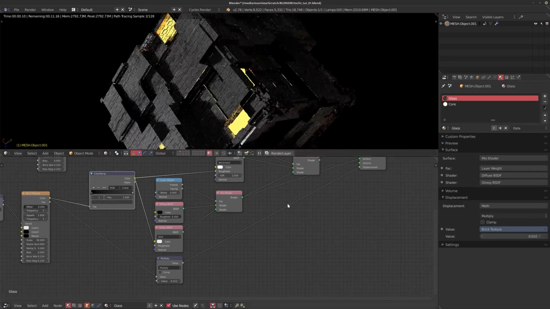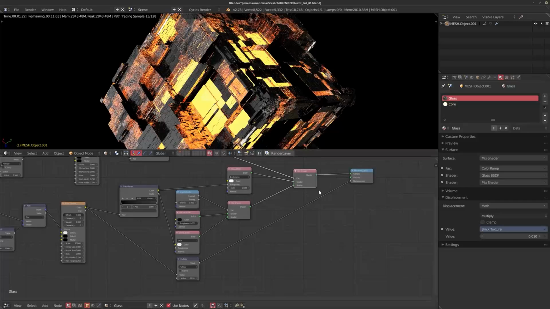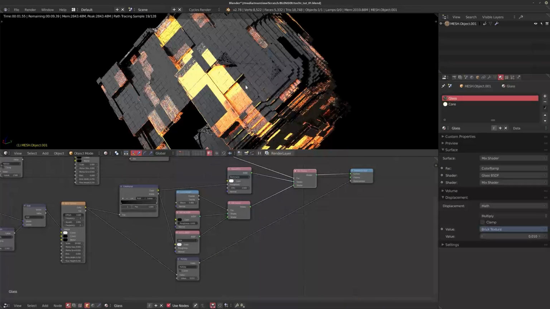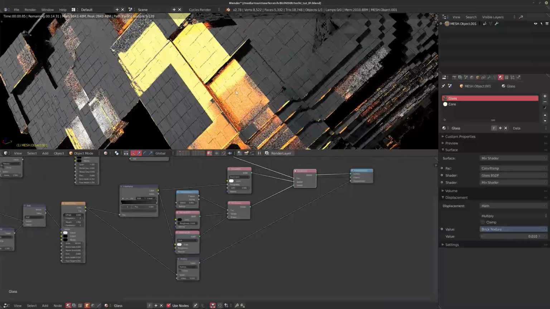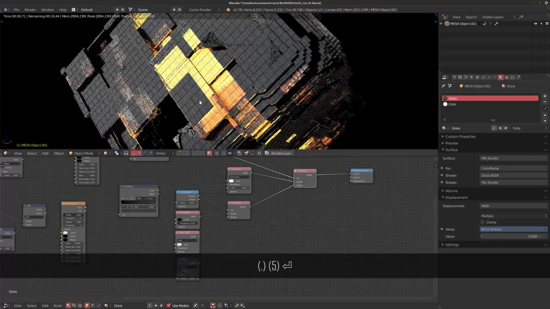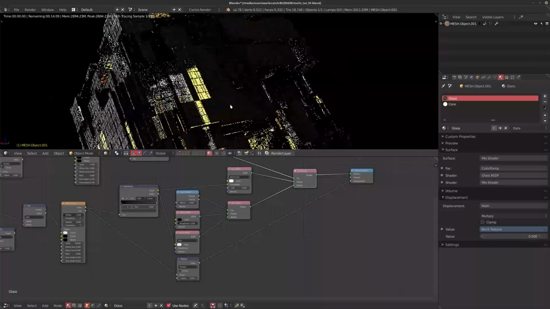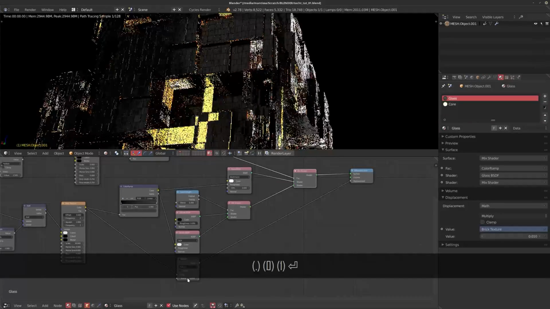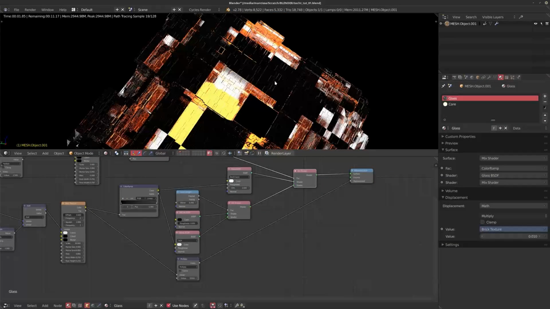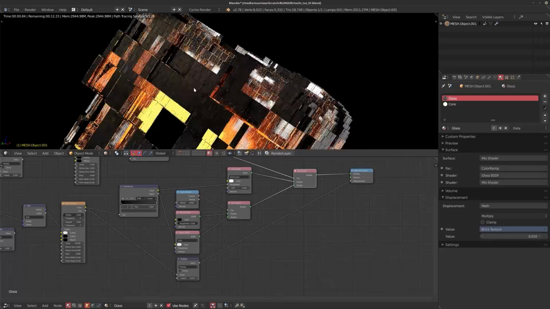Now, if you look at the final one as well, I have the same brick texture in the displacement slot. So that means both the glass and the black reflective texture is being displaced, using the bump texture as well. So again, if I were to exaggerate this, you can see it looks all right. You get a lot of detail. I tend to turn this down fairly low because you don't need a lot, and when you turn it down a little bit lower, not every single bump line is going to get this little highlight, which is great because it adds more diversity into it.